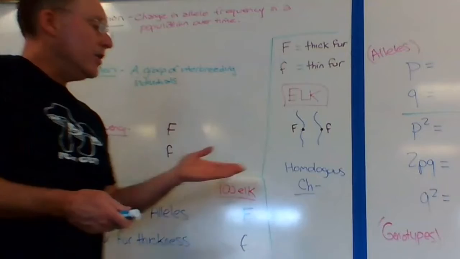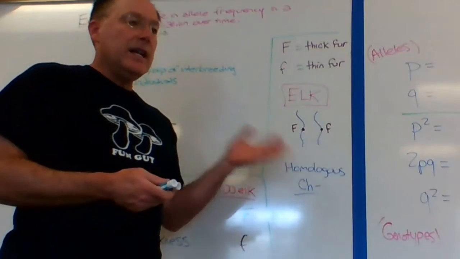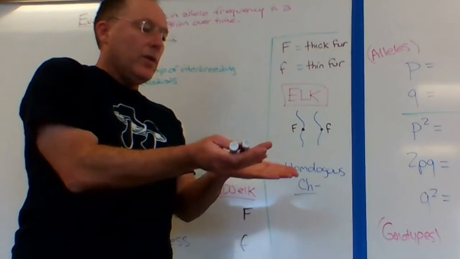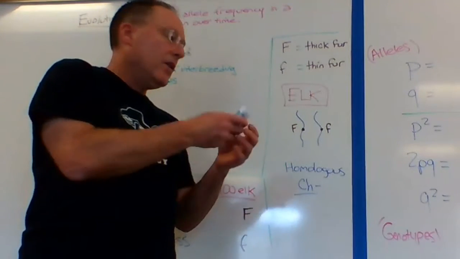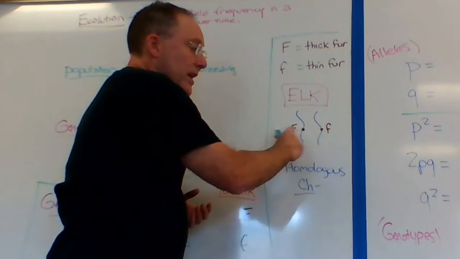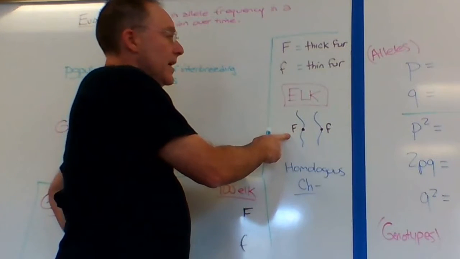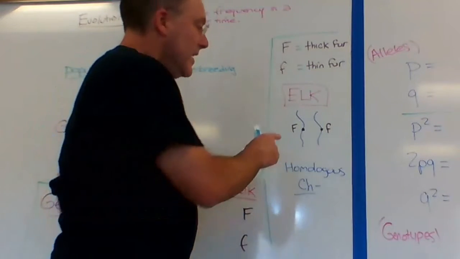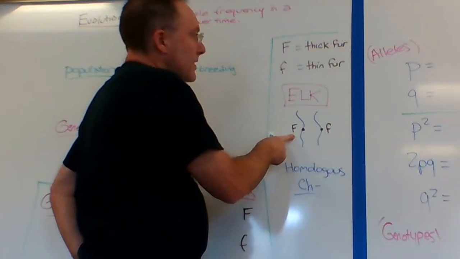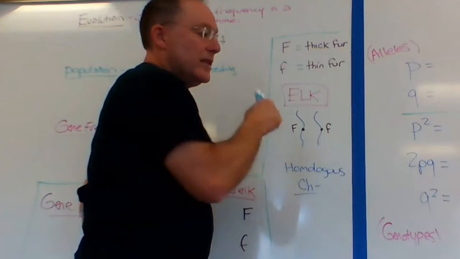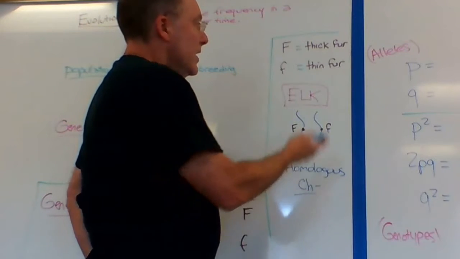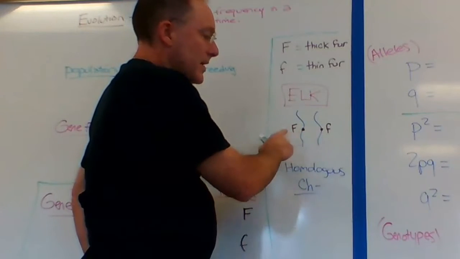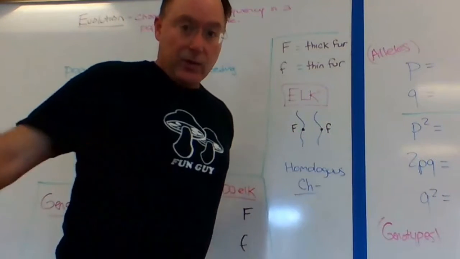Let's imagine that on homologous chromosome number 5, in every elk, they got a chromosome 5 from their mom, chromosome 5 from their dad. When those two chromosomes come together in any cell, they have genes or alleles for fur thickness. Don't you love it when they use letters that aren't that different from one another, capital and lowercase? So let's imagine that the big F allele creates a protein that creates thick fur, and little f causes thin fur to be made. So you could have homozygous dominant, homozygous recessive, or heterozygous like we're seeing here.